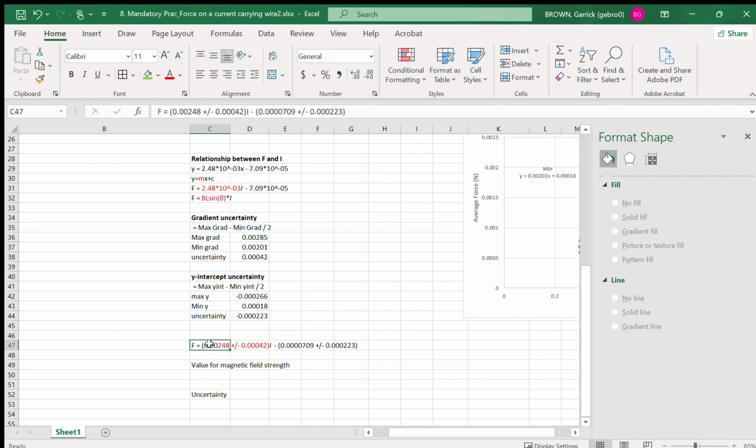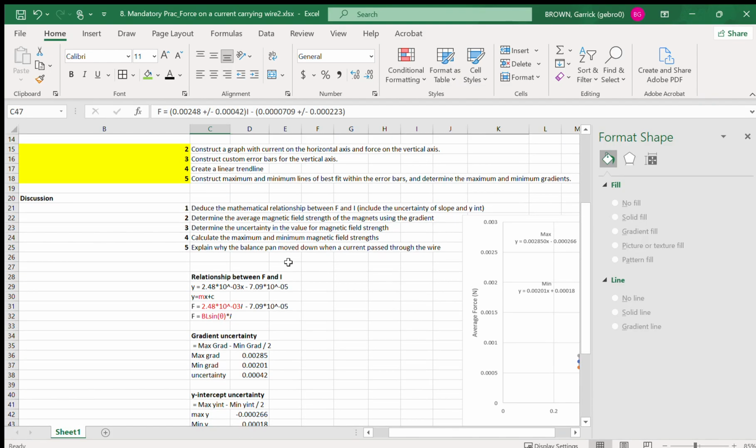So we have our full mathematical relationship here, including uncertainty. Oh, that is not good. Okay, so we have our gradient plus or minus some uncertainty in the gradient in the units of that gradient, and we have our y-intercept plus or minus some uncertainty. So we can now go on and have a look at